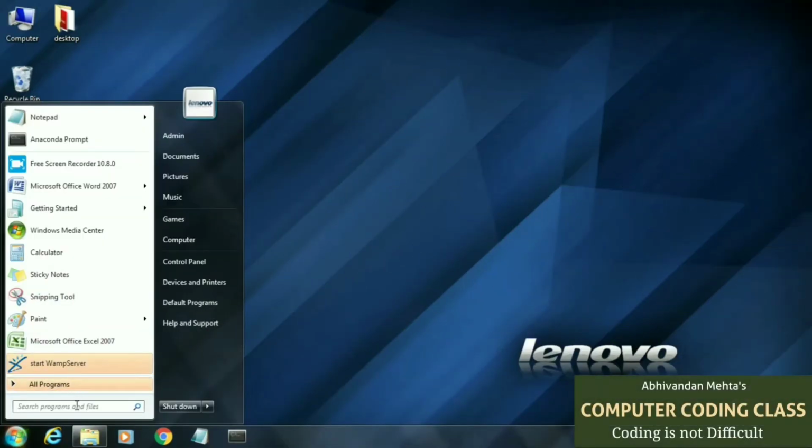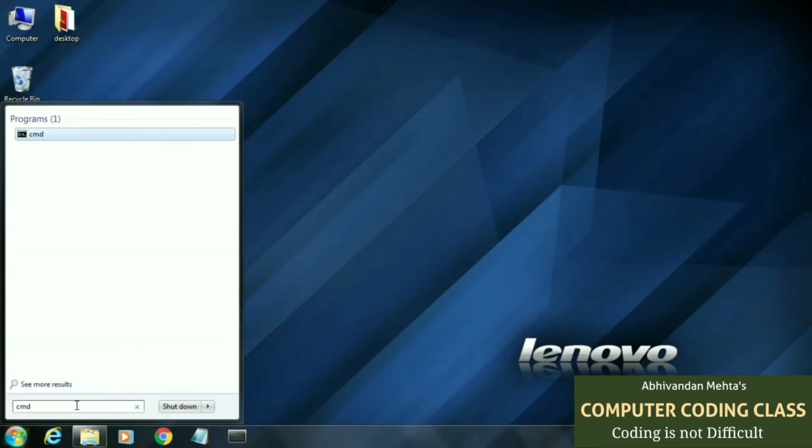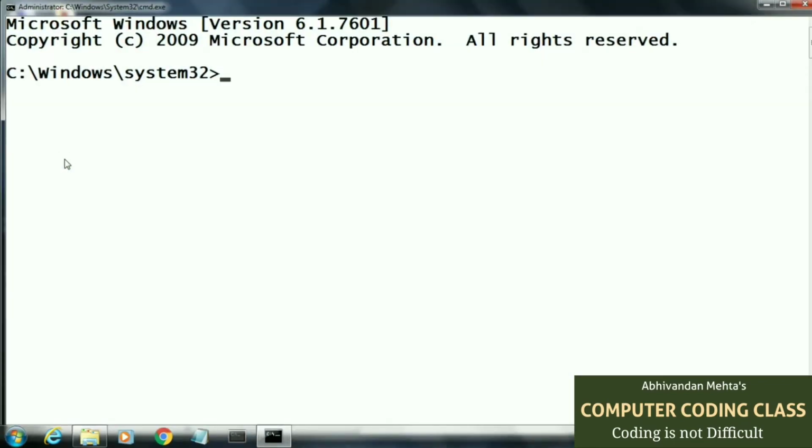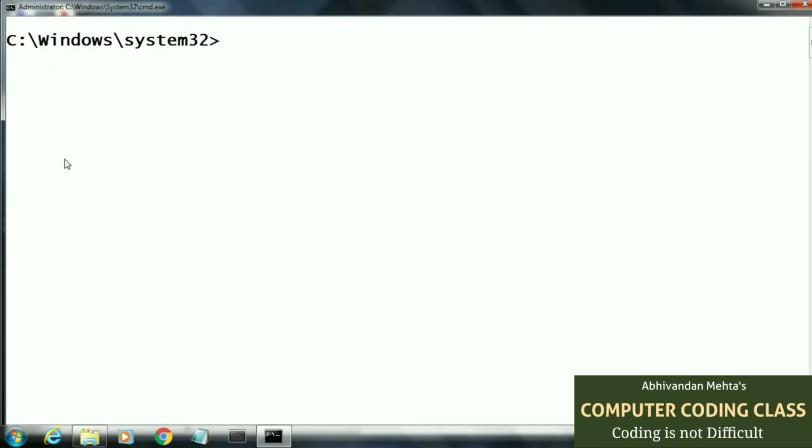Let's start coding. First of all, we will open the DOS command prompt in administrator mode. Now open the bin folder that contains the mysql.exe file. When you install only MySQL, its address will be C program files MySQL bin. But here I am using VM server, so the address of the MySQL file will be different.